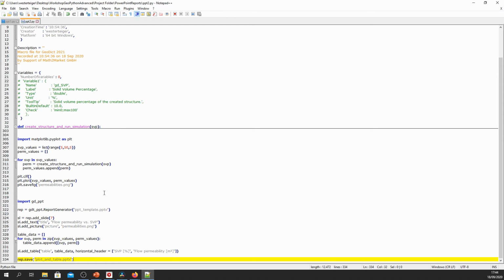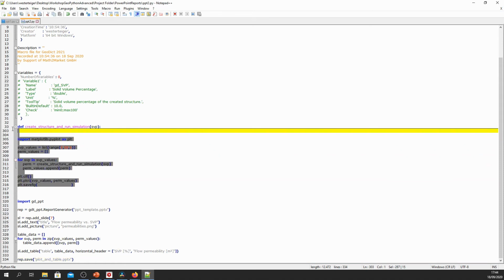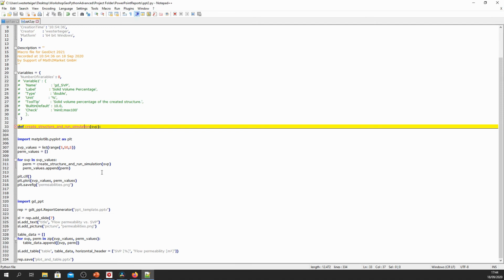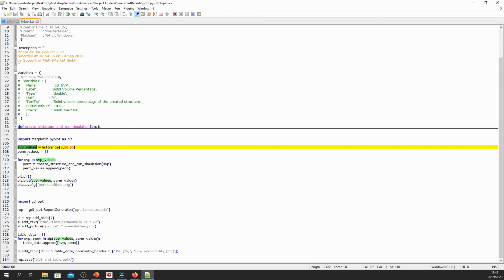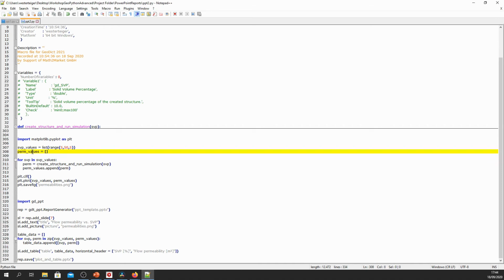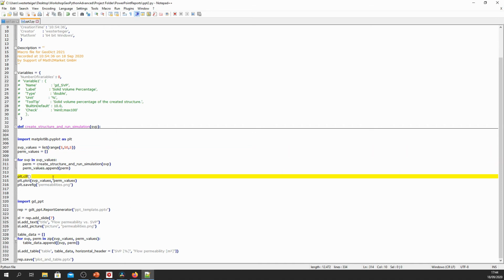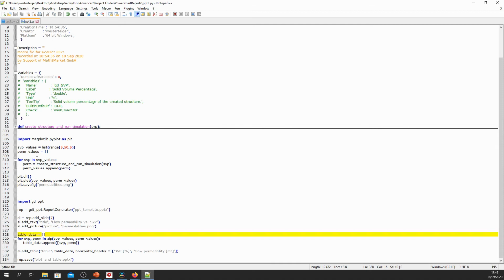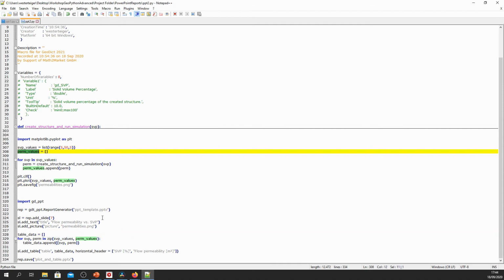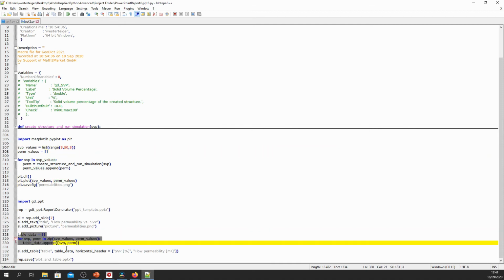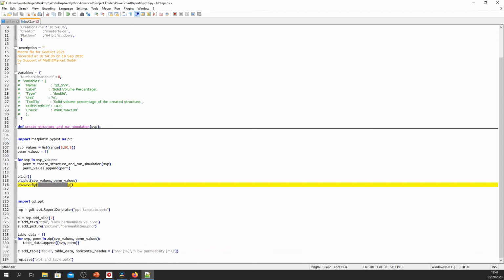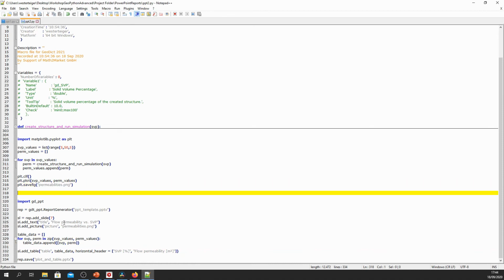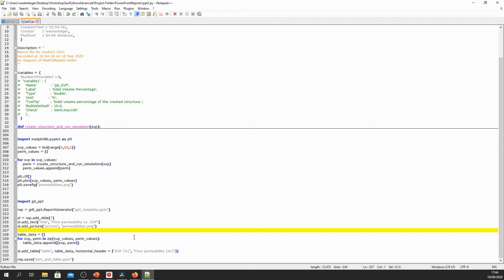Now again, we already had this part from the Workshop 5 macro earlier, and what this already did for us is have the SVP values in a list, collect the corresponding perm values in this list, perm values, and it generated the plot and produced this image. And we're using all these three parts down here now. Namely, we use SVP values and perm values to fill our table down here, and we use the image from disk to replace the picture placeholder.